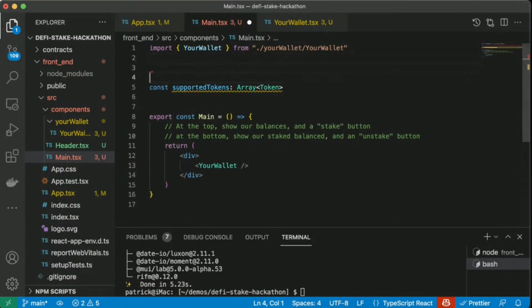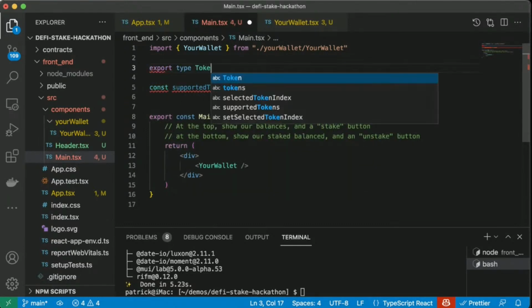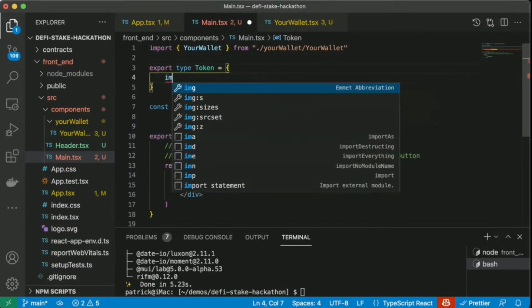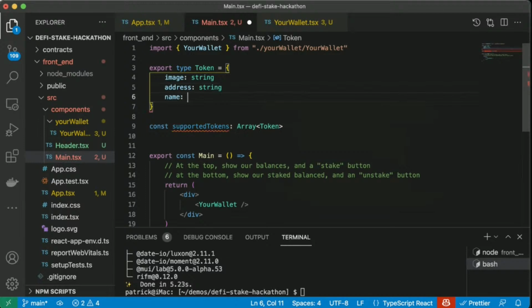Which actually, we need to tell TypeScript what a token object is. So we're going to do export type Token equals, and our token is just going to have an image string, an address string, so the address of the token, and a name string. But yeah, in any case,